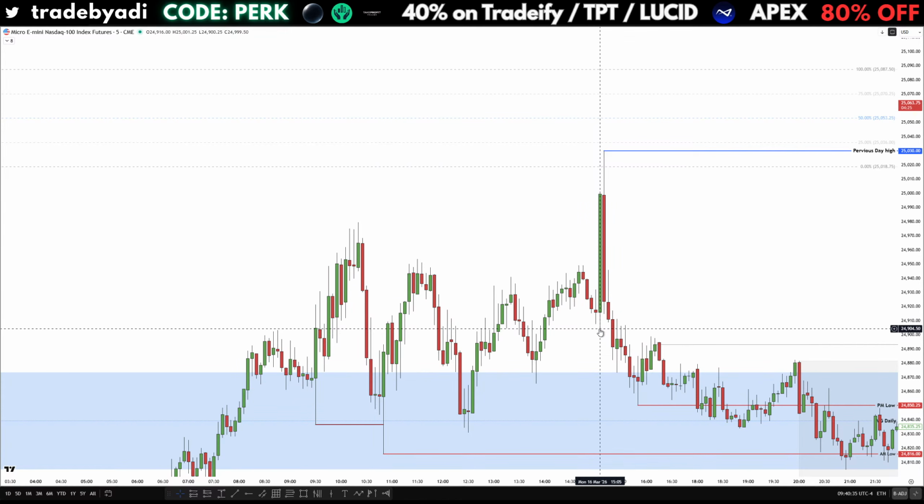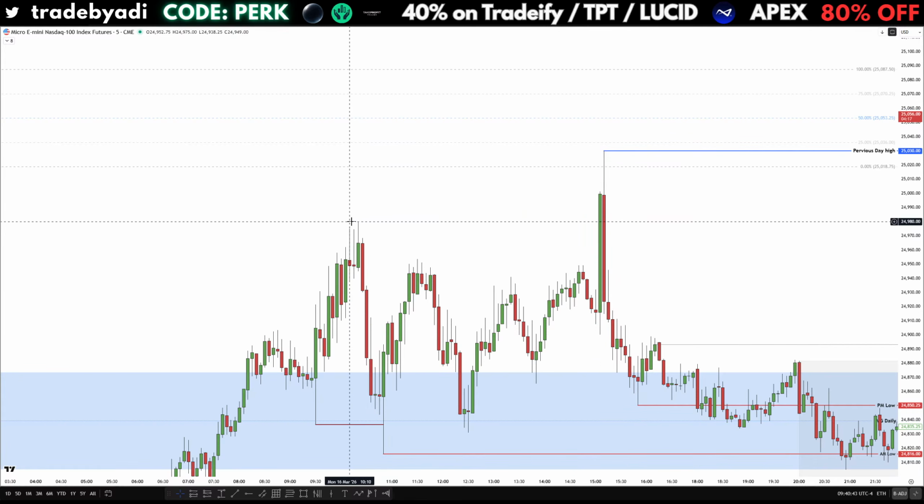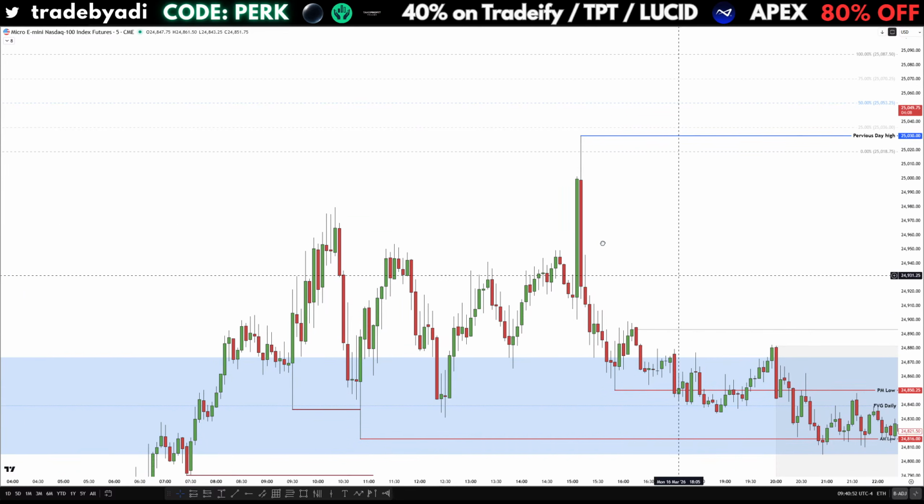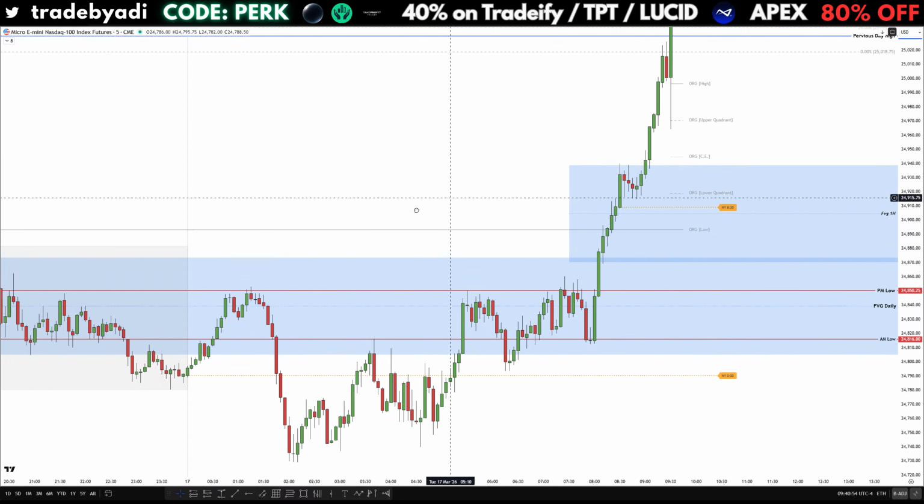MOC, market on close, after the 15 o'clock, it is starting at 15 o'clock, and it has taken out the AM session high. And as soon as the market has taken out the AM session high, it has reverted back to the inner range, and you can see again now in a